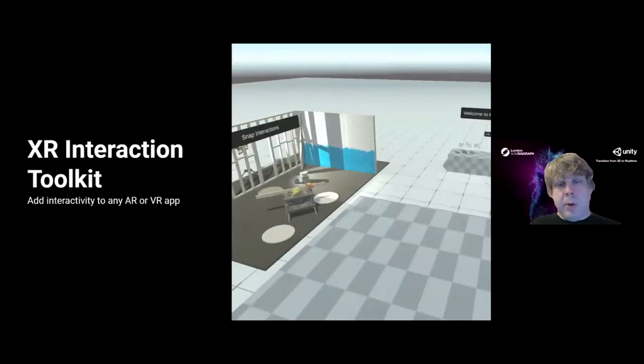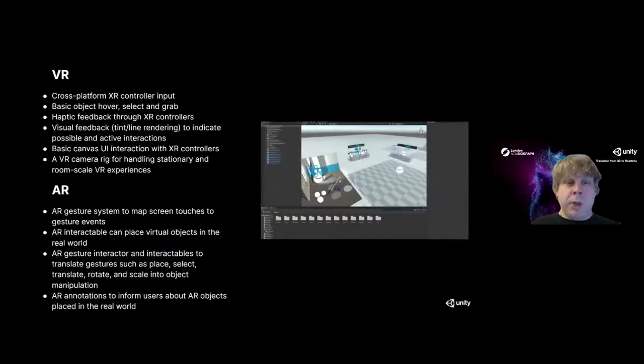We have some great tutorials online for this. This is our version of something like VRTK. We have presets for interactions: cross-platform XR controller inputs, visual feedback, haptics, UIs, camera rigging, locomotion, all that stuff you don't want to code from scratch every time. So we built a bunch of samples for you, so you can quickly start blocking and doing some stuff.